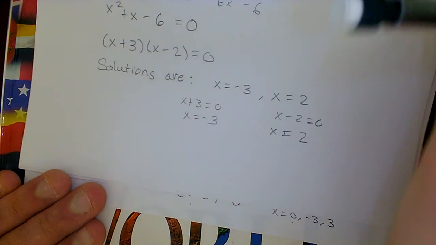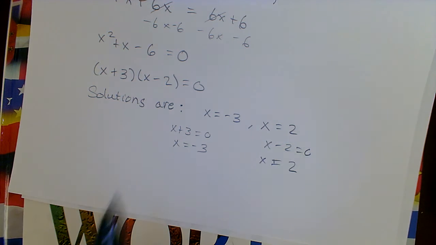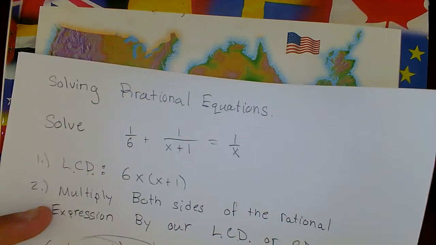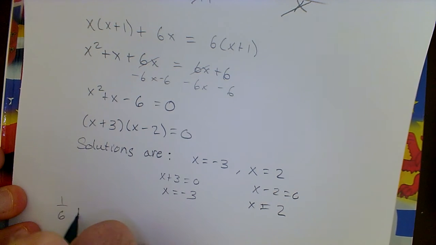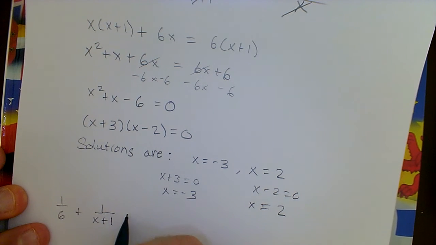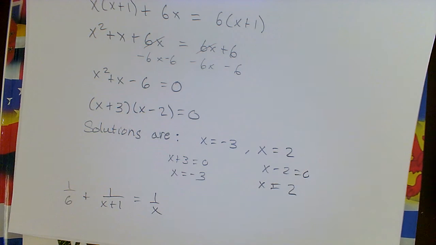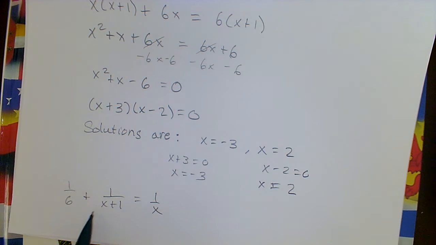Okay, so there's one difference, though, you have to watch out for when you're doing rational equations. So the book calls these extraneous solutions, okay? And what that is, you just have to make sure that your solutions work in the original equation, right? So I'm going to copy down the original equation here. So it was 1 over 6 plus 1 over x plus 1 equals 1 over x. Okay, so what I mean by checking to make sure everything works out okay is, if I take my first solution and I plug it in here,